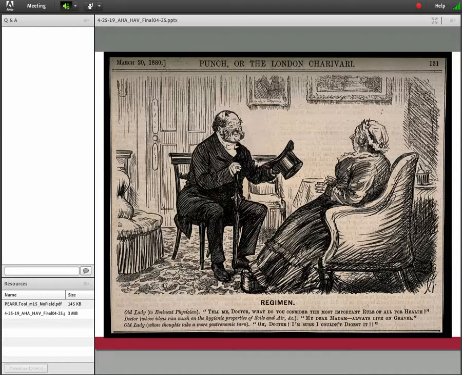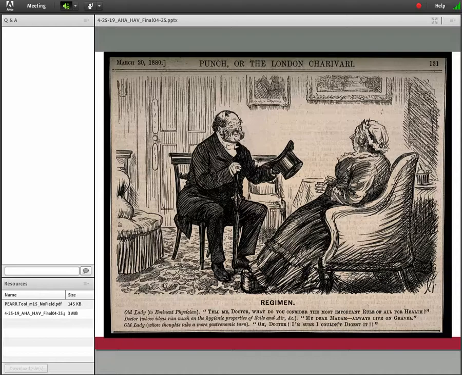So this is a comic, I guess, from the 1880s, where this doctor, who you are to assume that the doctor is the man, and the patient is the woman, and if you read the caption, it becomes clear. They don't even tell you that the doctor is the man. It just says old lady, so you have to assume that the man is the doctor. So he's talking to her, and that's actually how the conversation goes,